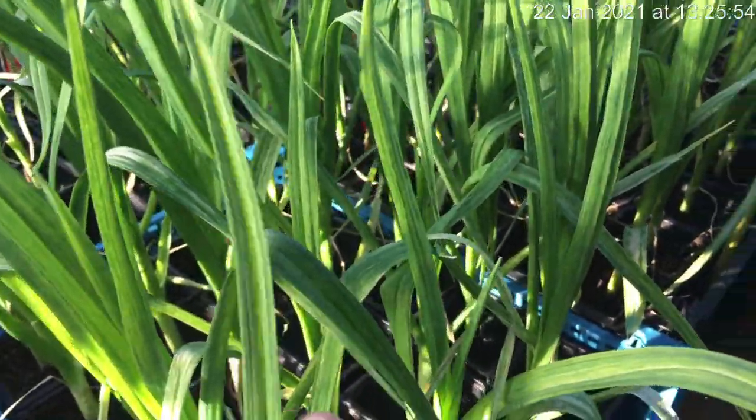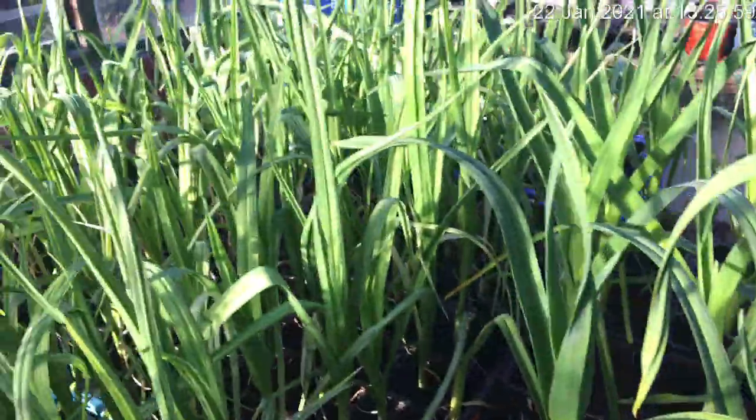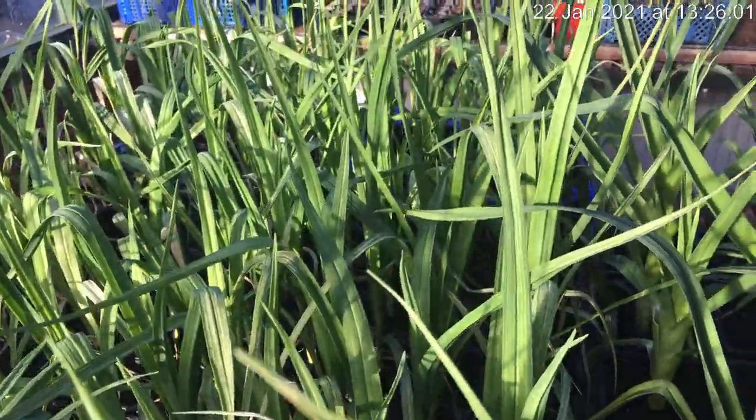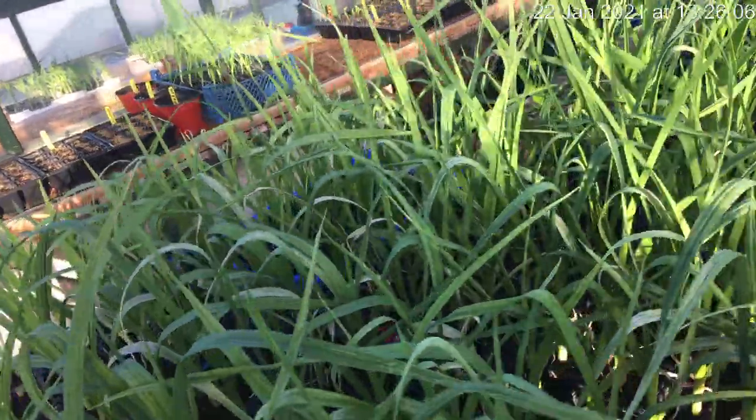And then we move on to the ordinary Cumbrian. These Cumbrian are about 3 weeks ahead of the virus free, and as you can see, the virus free are passing them, because obviously they don't take any check. Seed that I set last week,